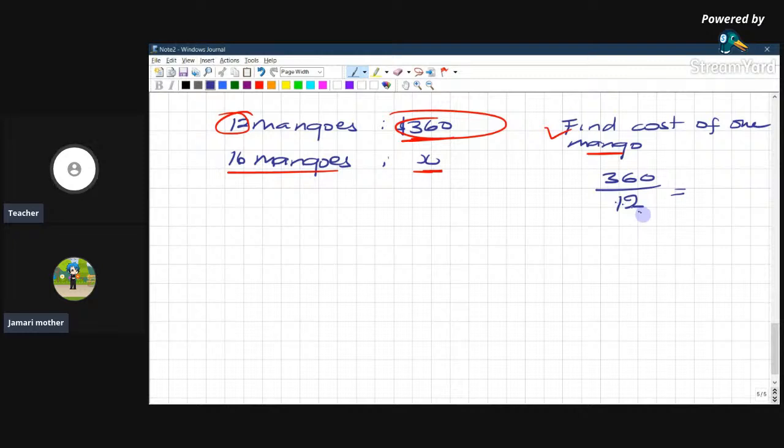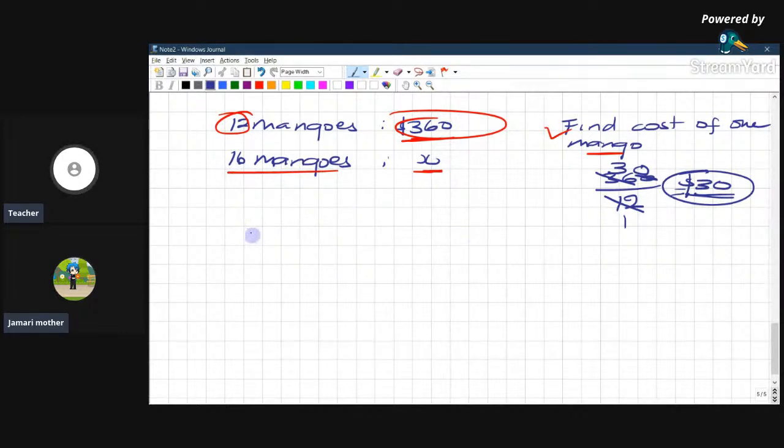Okay, almost there. 30 would be what we're looking for, because 12 into itself one time, 12 into 36 goes 3 times, and 12 into 0 is 0. So the cost of one such mango would be what? $30. Cool? So if one mango is $30, then the cost of 16 of them would simply be